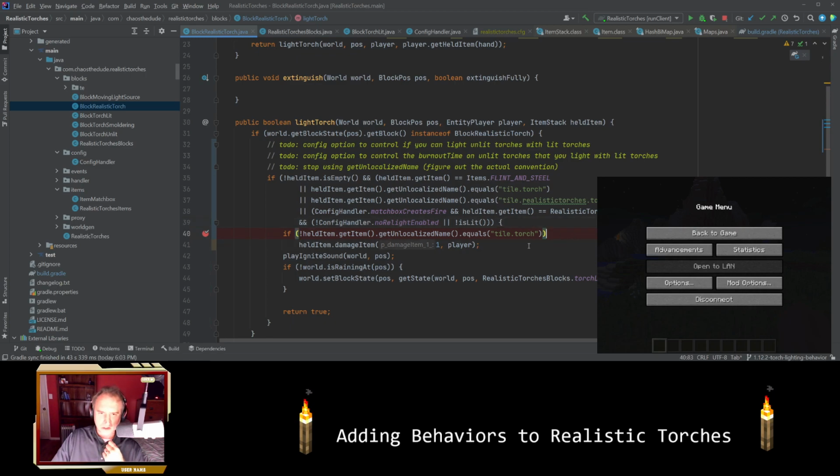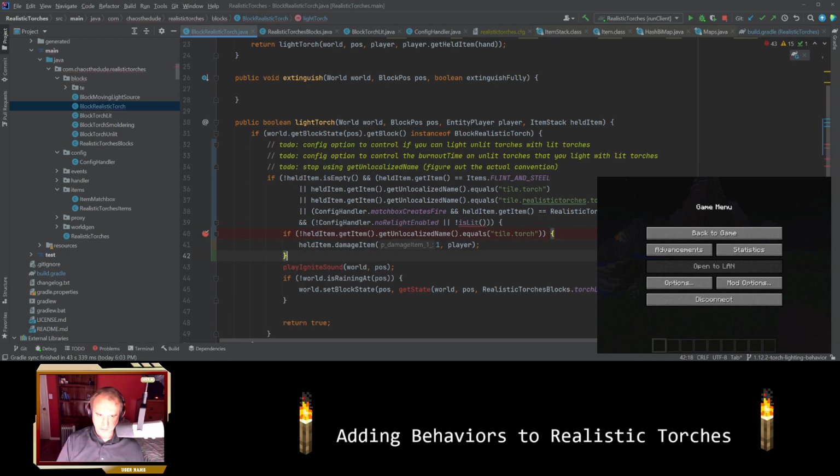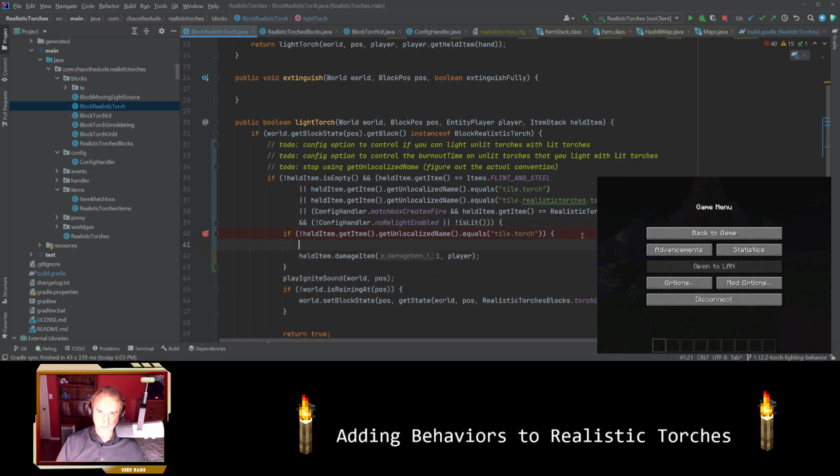Right now it's not going to pass any MR, that's for sure. And here, yeah, we don't want to damage the item, so what we want to do is say, well, we want it to damage the item if it's a matchbox or a flint and steel. However, if it's this guy,